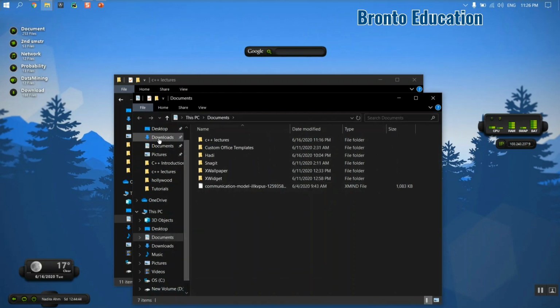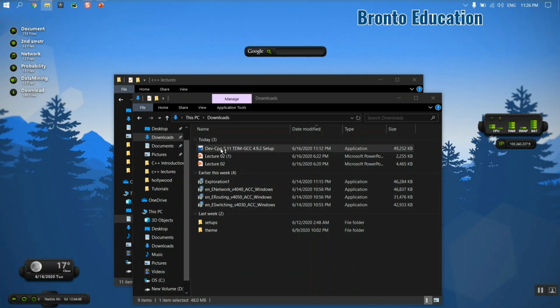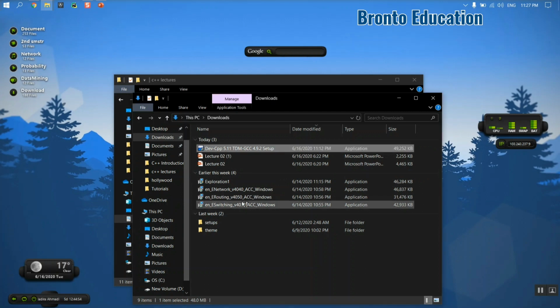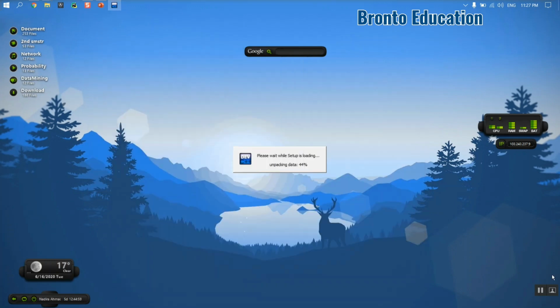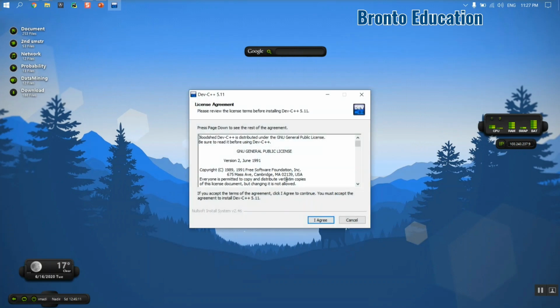I have here Dev C++ 5.11. This is the newer version, so I'm going to install it. Here you are going to select the language, which language you want.